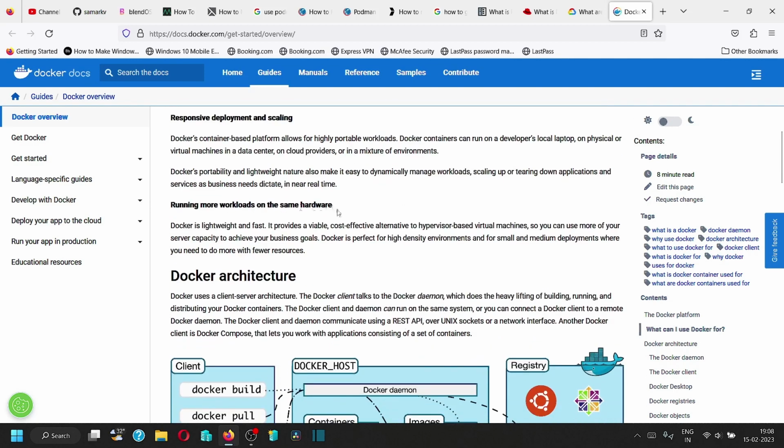Running more workloads on the same hardware. Docker is lightweight and fast. It provides a viable, cost-effective alternative to hypervisor-based virtual machines, so that you can use more of your server capacity to achieve your goals. Docker is perfect for high-density environments and for small and medium deployments where you need to do more with fewer